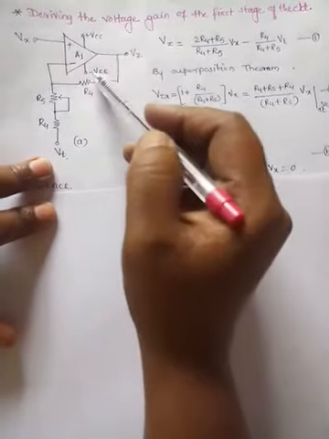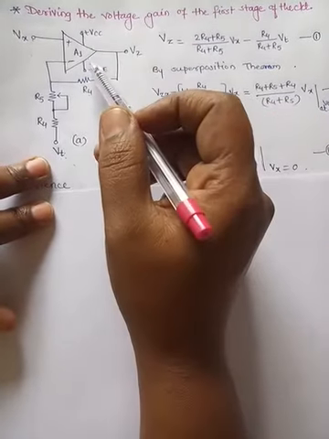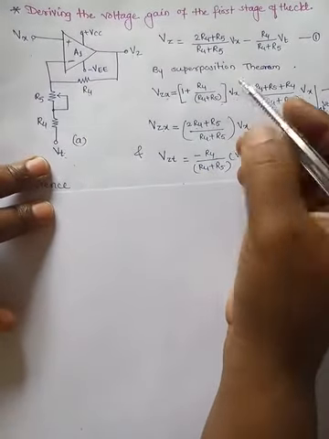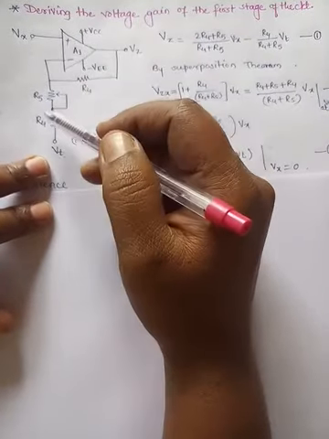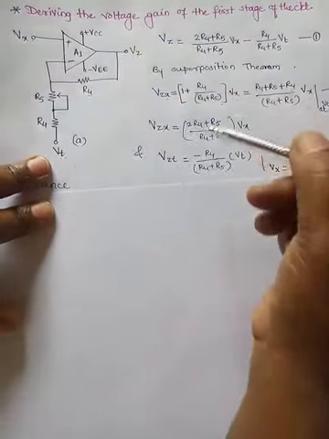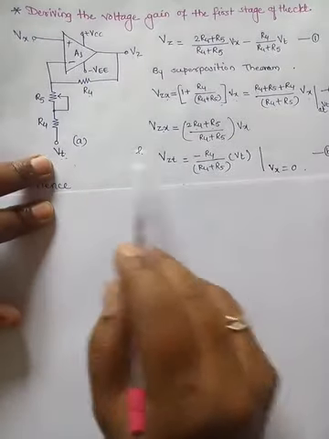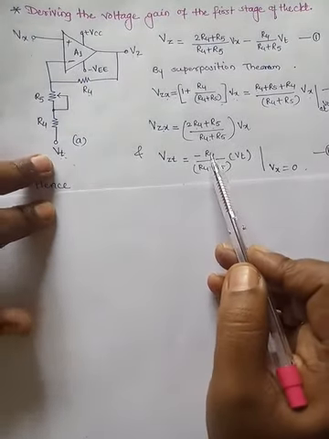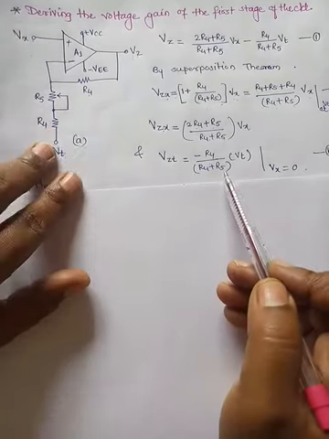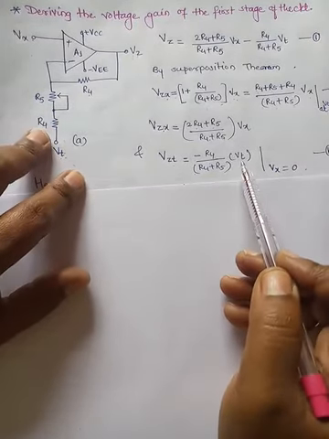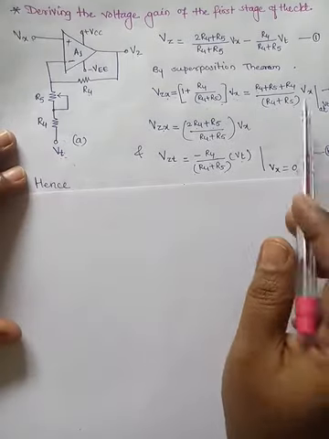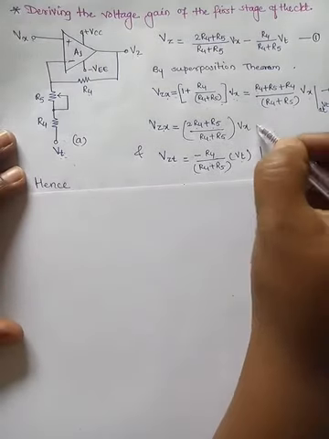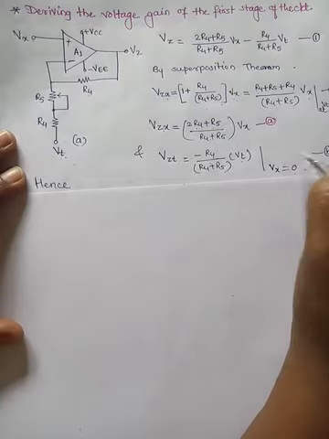So the op amp is in inverting configuration. When the op amp is in inverting configuration, its equation is simply minus Rf by R1 into input voltage. So Vz because of t is equal to minus Rf, that is R4, divided by R1, that is R4 plus R5, into Vt at Vx is equal to 0. So these two equations, you can make this one as A and this is equation B.